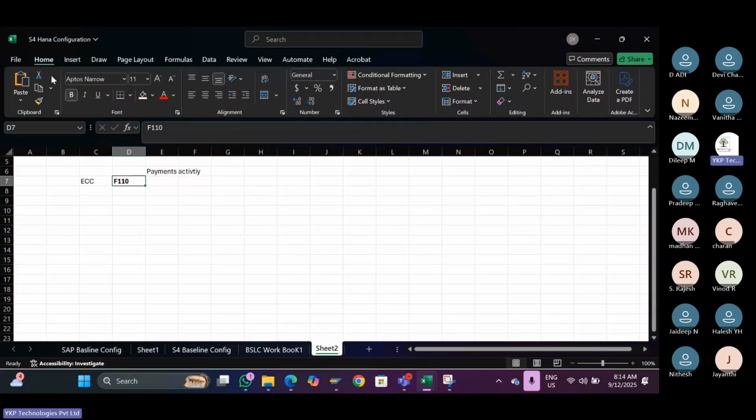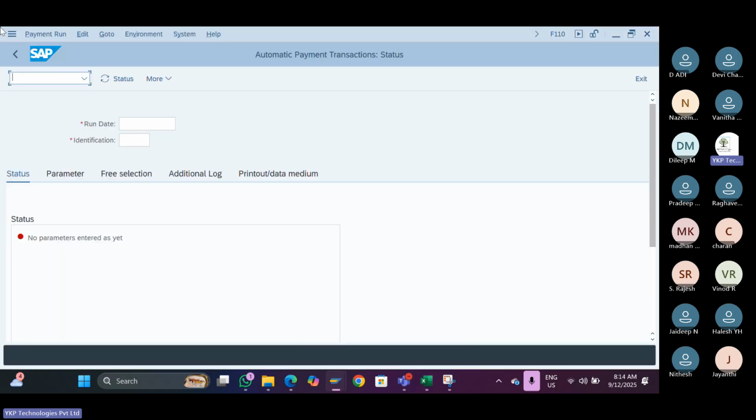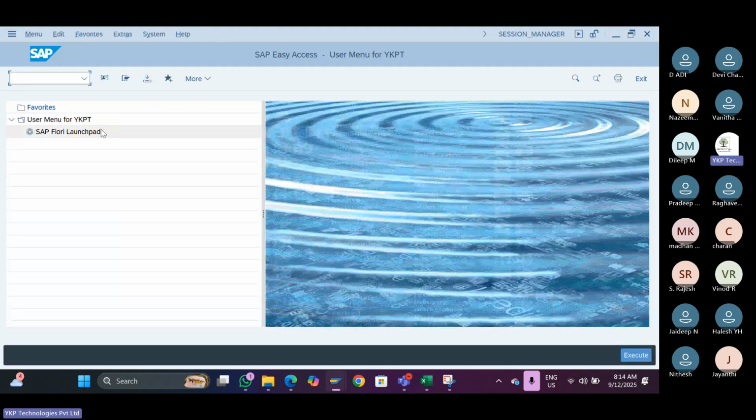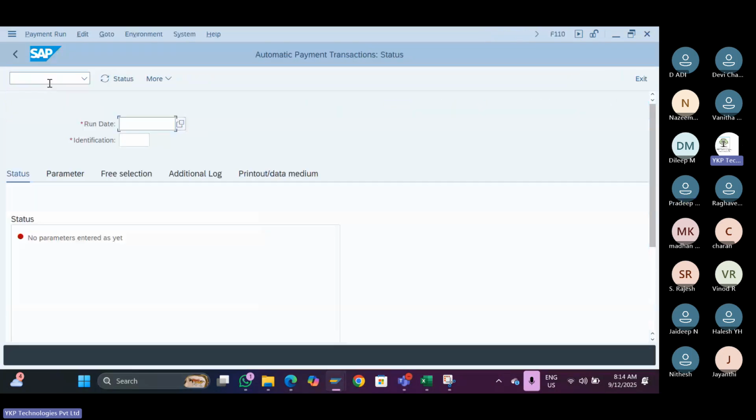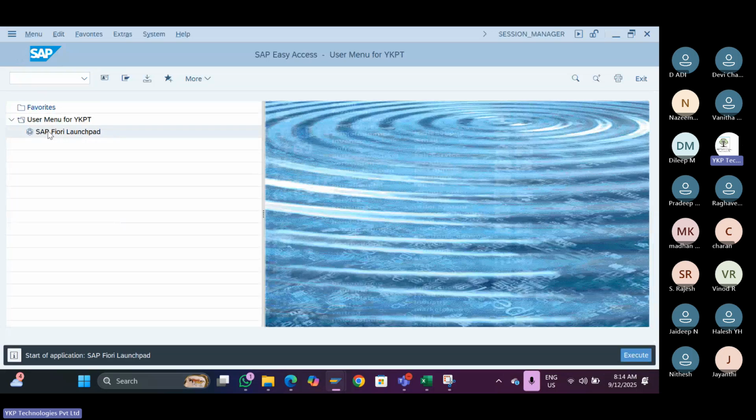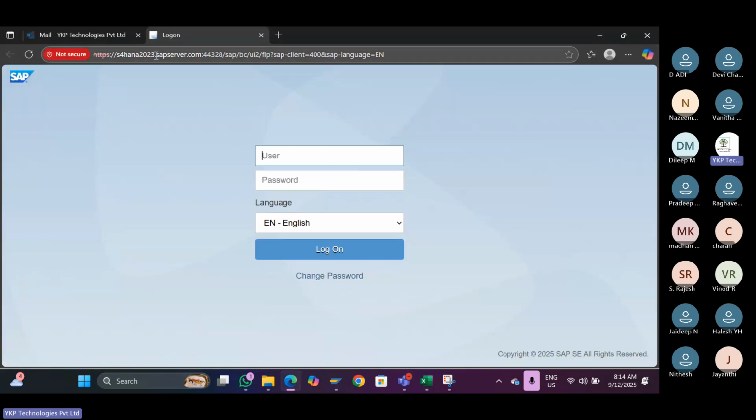But in S4HANA, what is the additional advantage? In S4HANA, we have the GUI and also Fiori apps. We call it Fiori apps. So if you see, this is the screen. If you want to go for F110, you can enter it here in S4HANA, or else you can double click on the Fiori apps. It will take you to the Fiori server, and from here, the same credentials